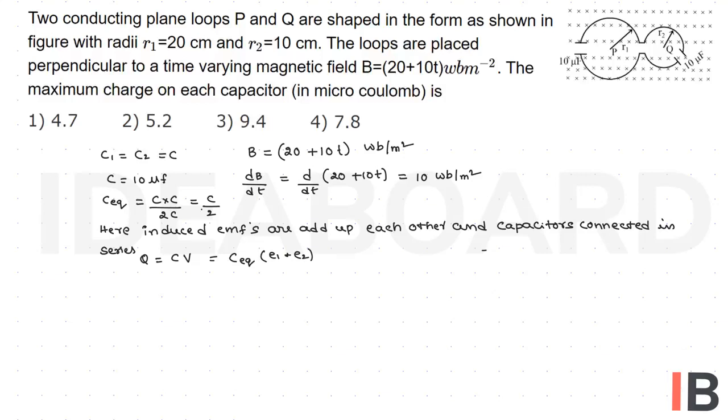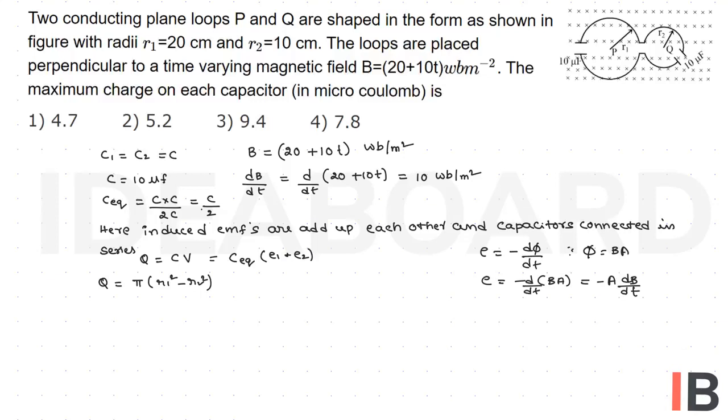individually. But we know the expression E is equal to minus d phi by dt, but phi is equal to B into A. So E is equal to minus d by dt of BA, but time varying magnetic field, so keep A outside, minus A into dB by dt. Then after Q is equal to, which is pi into, this become R1 square minus R2 square.